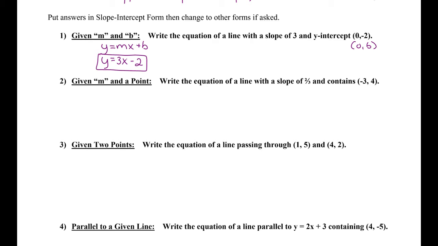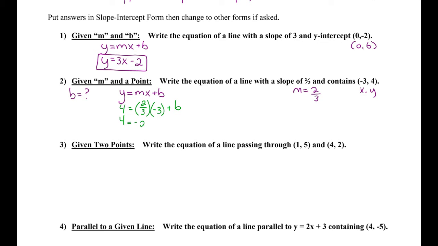For example number 2, I'm given the slope and a point. So I know that my m value is going to be 2/3, and I know that a point represents x and y, but I need to find what b equals before I can write my equation. I'm going to take the information that I do know and plug it into the equation for slope-intercept form in order to solve for the missing variable. So I'm going to plug in 4 for y, 2/3 for m, and -3 for x,